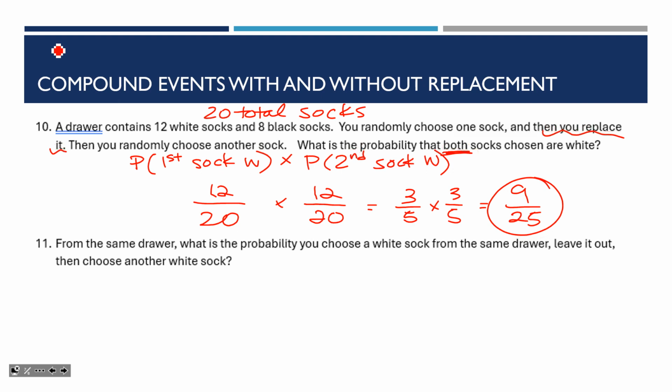But look at number 11. From the same drawer, what's the probability you choose a white sock and then you leave it out? So in other words, this is what we call without replacement. I take the first thing out and I don't put it back in. And then you choose another white sock. So I'm really thinking about the same thing. I want the probability that the first sock is white and